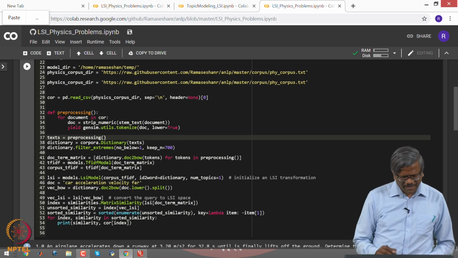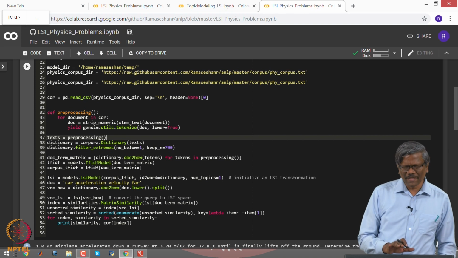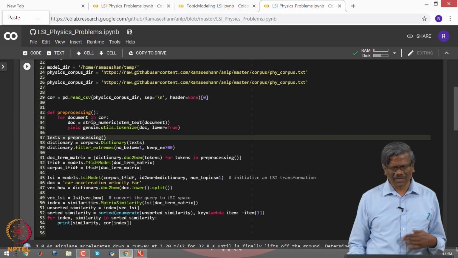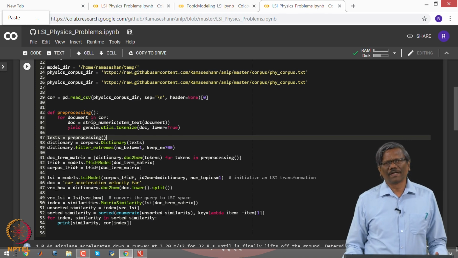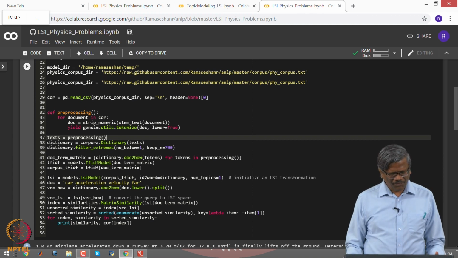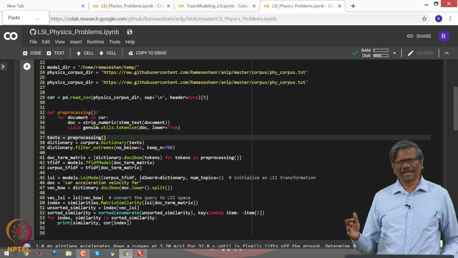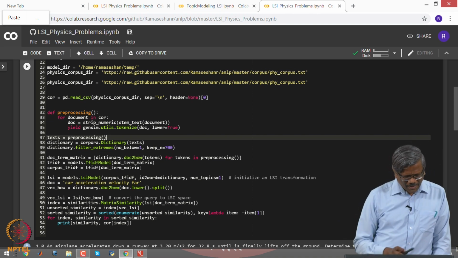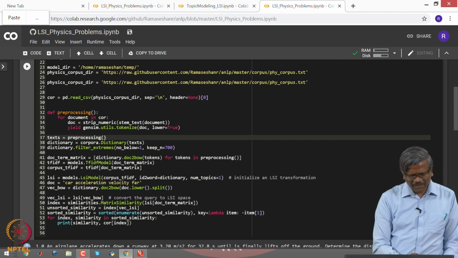Once you create the TF-IDF, now we can use an LSI. Here I am using Gensim as the library, so I do not have to write a lot of code for creating the SVD and so on. Maybe additionally you would have to write 5 or 6 lines if you use NumPy. In this case I relied on the Gensim library to do the job for me. There are several other libraries available, you can try each one of them as well. What I have done is create a TF-IDF model, and then I am using the LSI